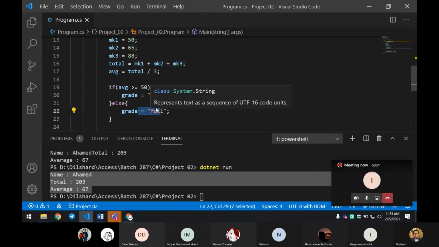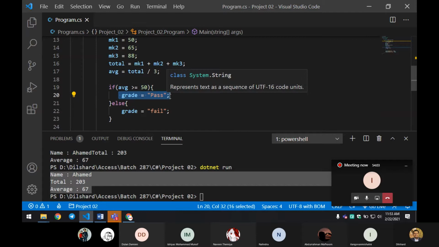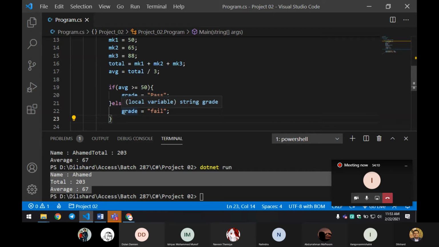So 49 or below means the condition that we are asking here is not true. It is false, wrong, right? Then it will not print the true part. The first part that we are running here is the true part, and the second part is the false part, so it will run the false part. Then this should get printed, right?